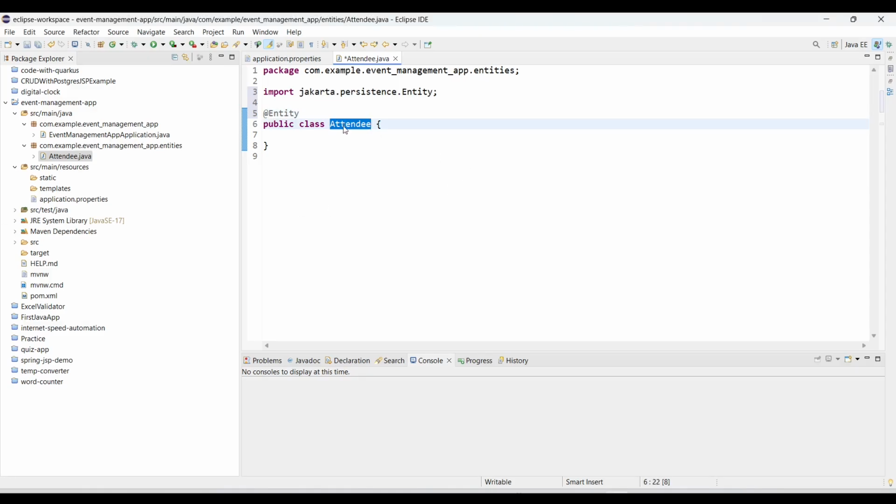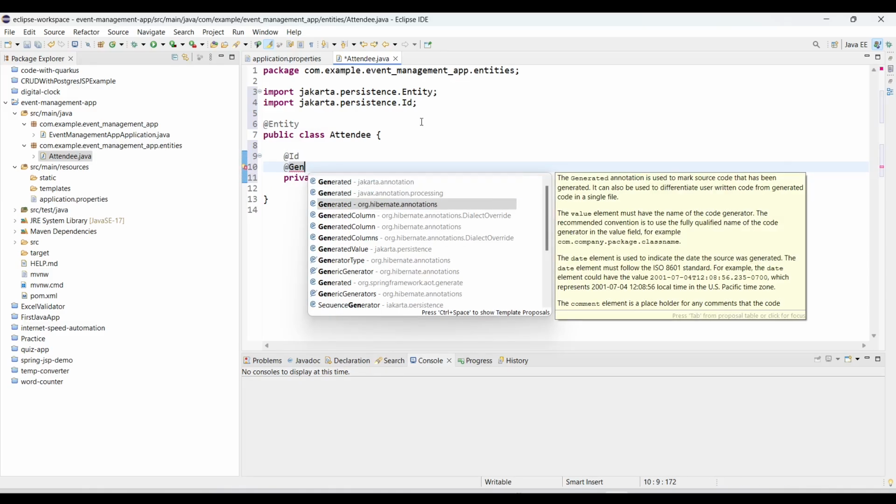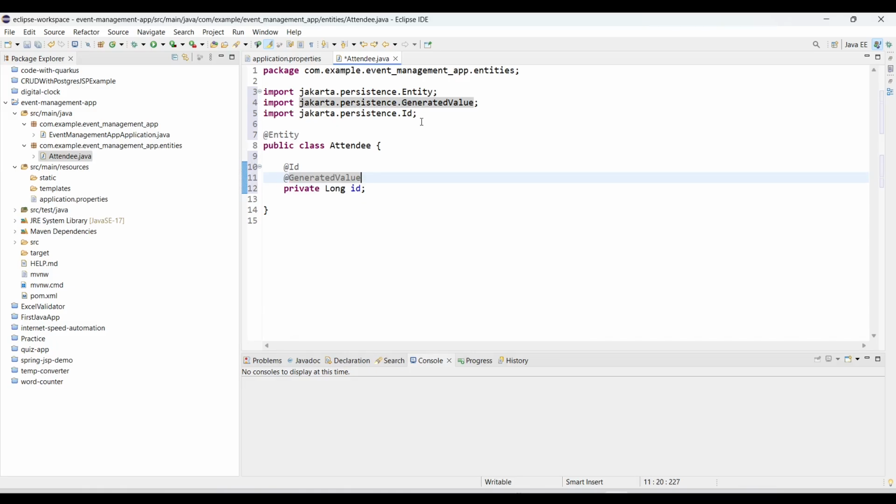If you want to change the table name, then you can use the table annotation with the name attribute, but I don't want to do that because we are keeping it simple. Now the very first variable that we need is ID. This is going to be a primary key for your table, and I want this to be automatically generated, so generated value. Now we need to keep a strategy here,